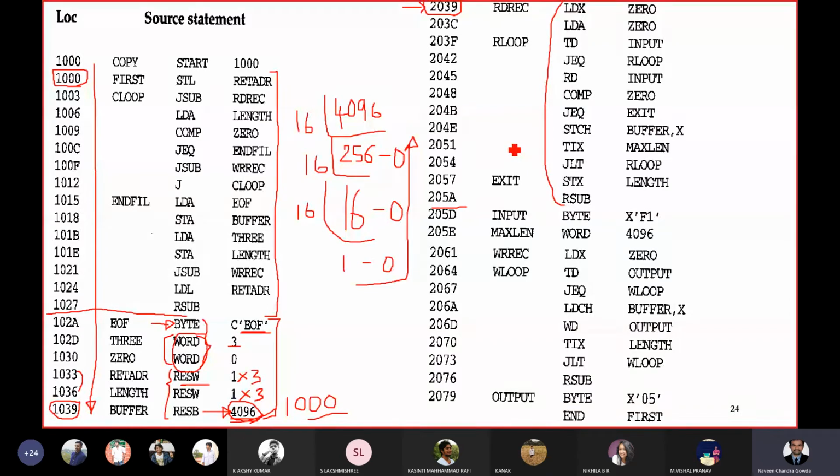So till here it is non-assembler directive instructions, so you just allocate 3 bytes to each. Again, this byte and word are assembler directive instructions. What did I say in case of byte? You have to first find out the length of the operand. Here, what is the operand? It is F1, and the data is hexadecimal. How many values do you have? It is F and 1. There are 2 values. For 2 hexadecimal values, how many bytes are required? Anybody? For 2 hexadecimal numbers, how many bytes are required?